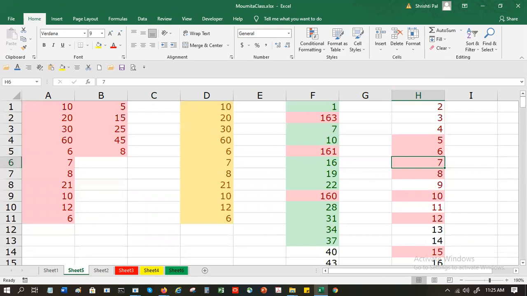And then 10% of 200 is 20, so it will show 20 number of cells, 20 number of values.